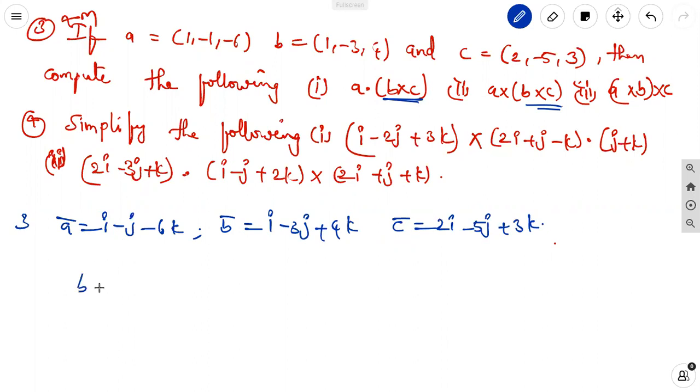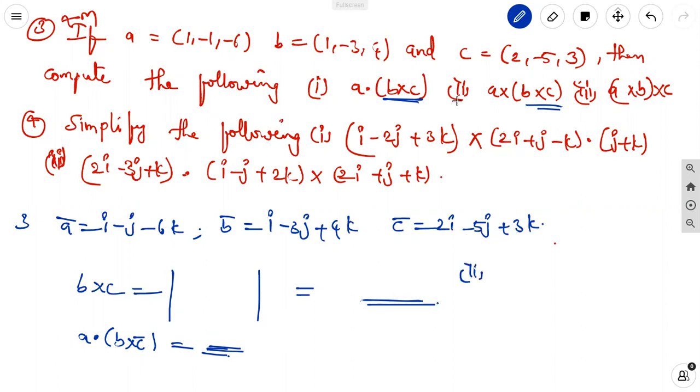First we calculate B cross C using the determinant. Then we get a vector, and taking that vector with the A vector, A dot (B cross C), we get a value. Why? Because vector dot vector is a scalar. Scalar means we get some integer value. Next, second case: we already found B cross C here. Again, we take A cross (B cross C), meaning the determinant of i, j, k, write the A vector, write the B cross C vector, and find the determinant.